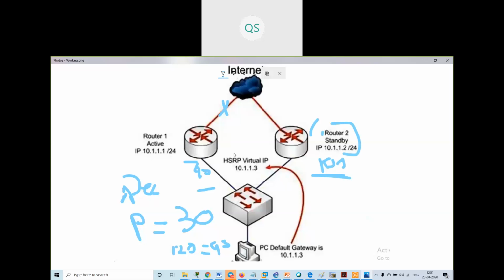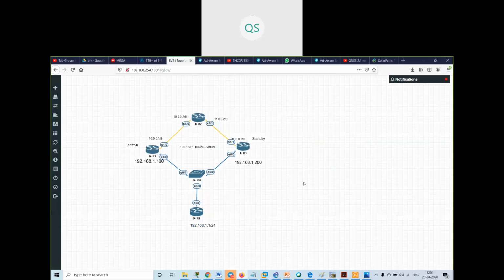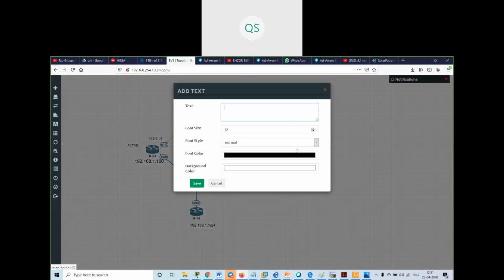So the command we will be giving is something like this: standby 12 track S 2/0, and the decrement value we will give as 30.